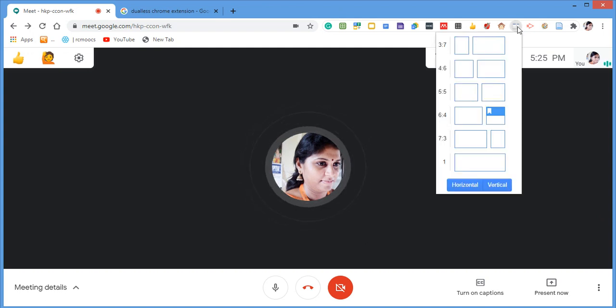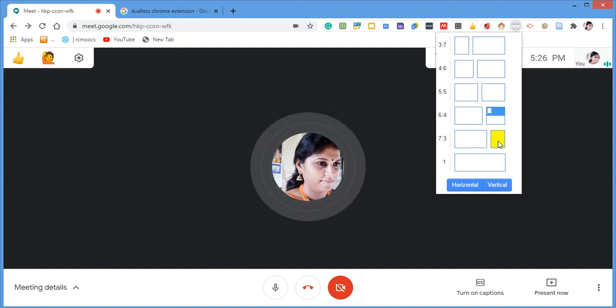Once I click, it will ask the ratio of the screen which you want to show more. For example, this 7 to 3 ratio. I want to show the screen at 7 and 3, with the smaller part for my personal use of another screen.